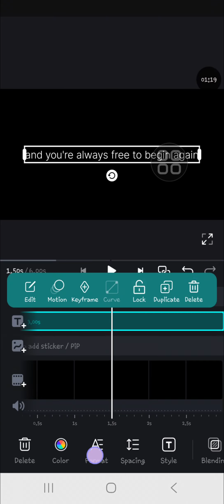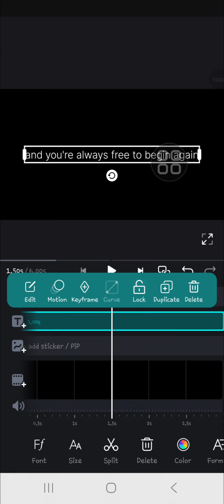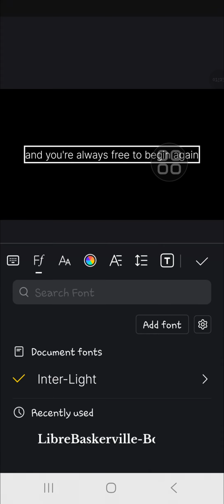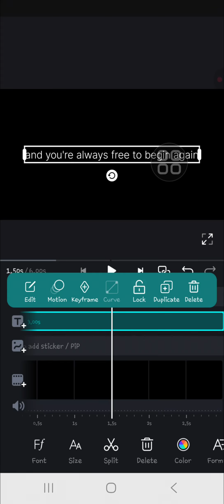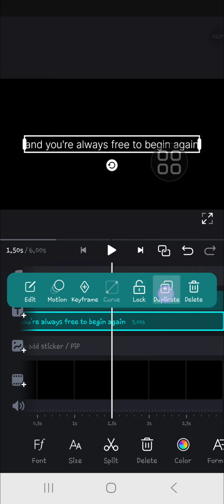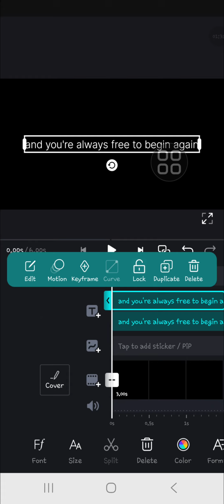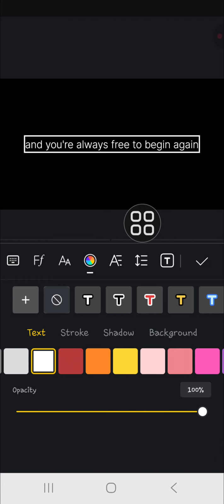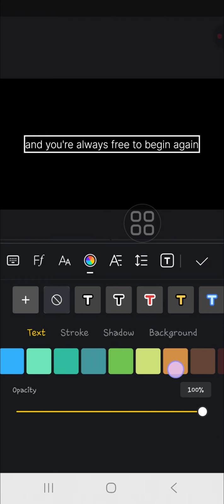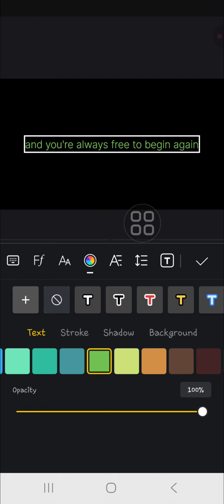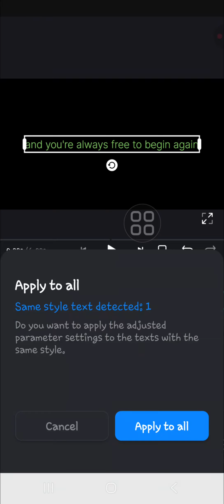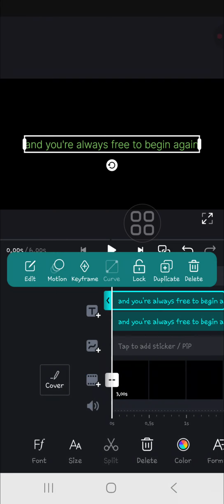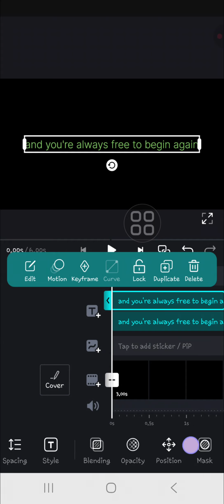And if you want to change the font, you can go to the font menu, but I'm just going to leave it like that. And then we're going to duplicate this text. I'm going to click on this duplicate option and we're going to change the color of the second text. Go to the color and then you can choose the color that you like, and I'm going to choose this green color. Click on the check mark and I'm going to click on cancel,